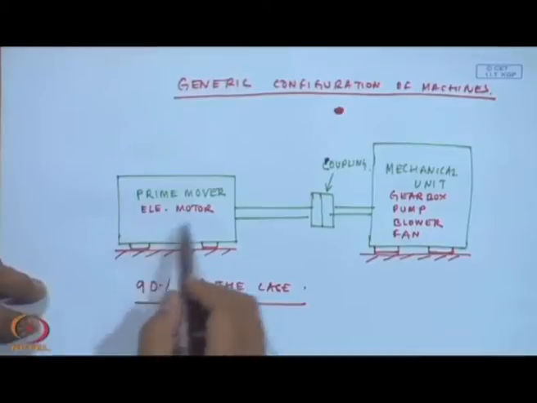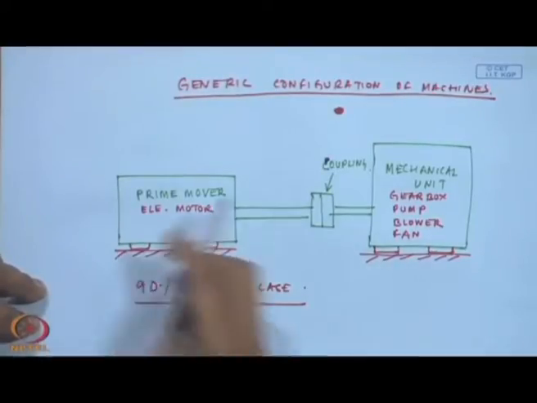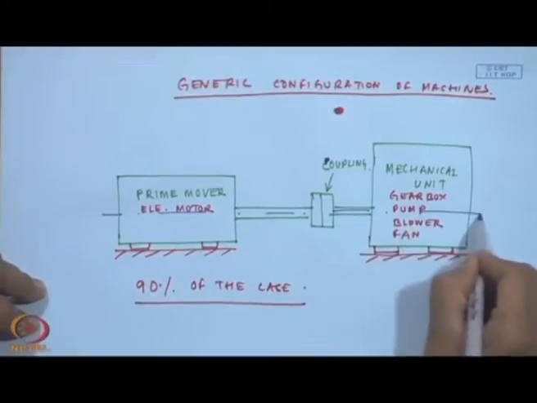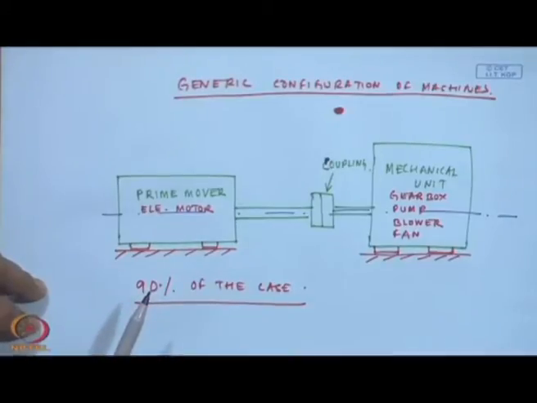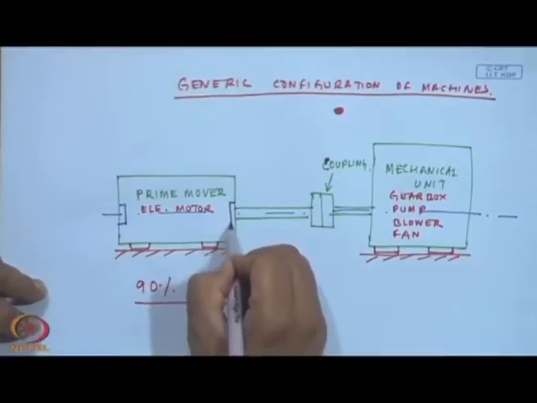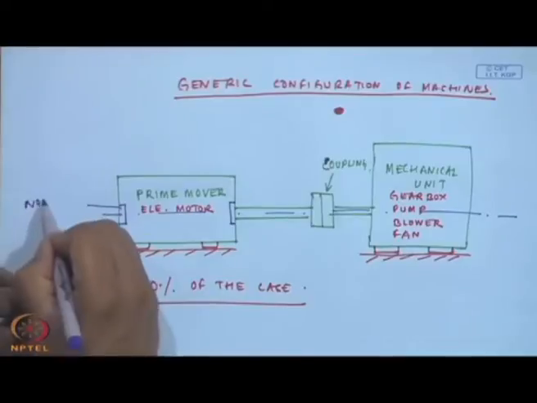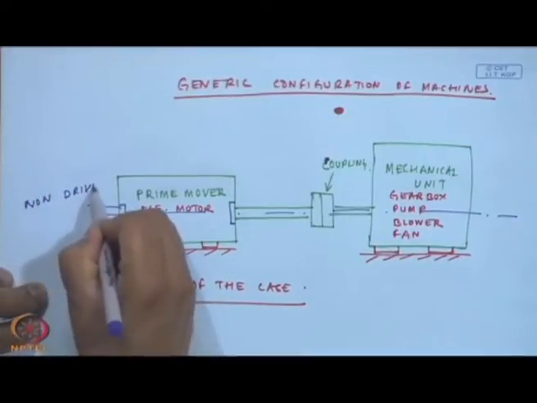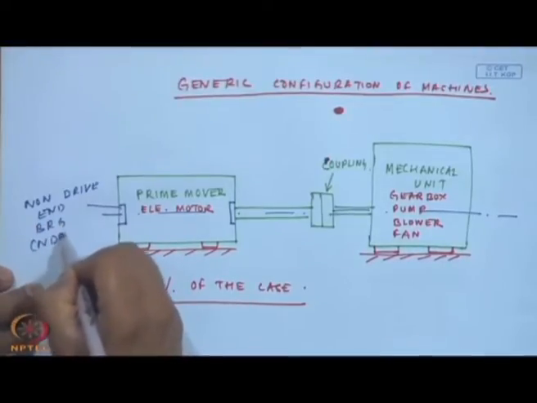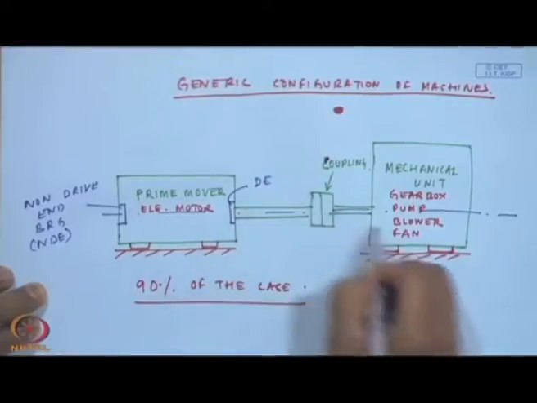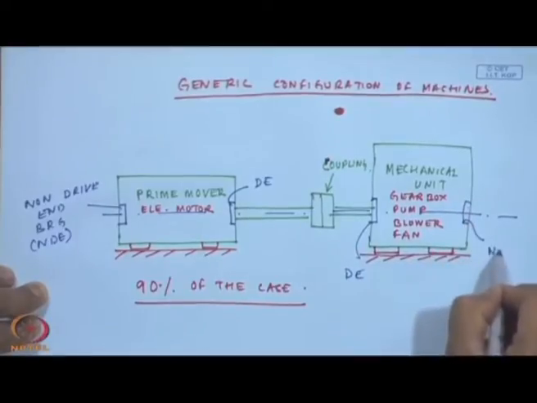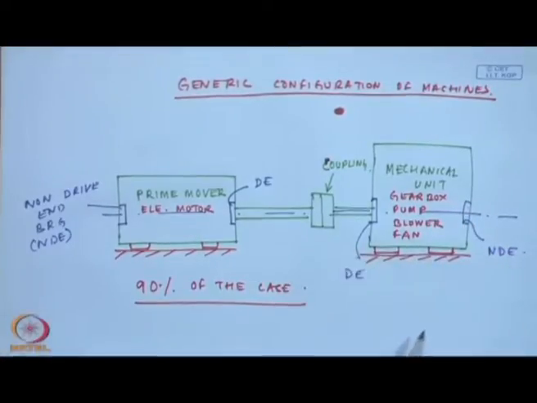Okay. And we have to capture the dynamics of this system, that is our objective. So, what are the good places to capture the vibrations? Of course, we have a bearing here, this is the non-drive end bearing, NDE. Similarly, we have the DE, and here we have another DE, another non-drive end. Okay, and coupling.